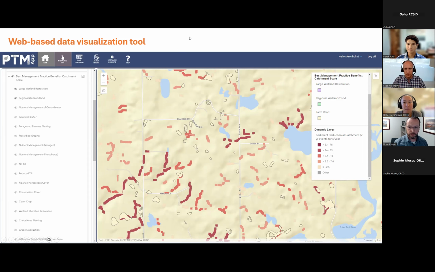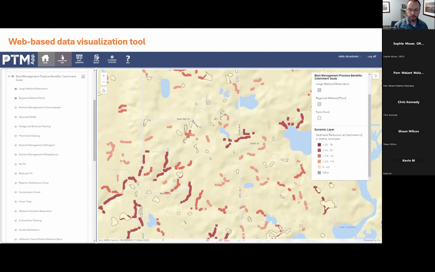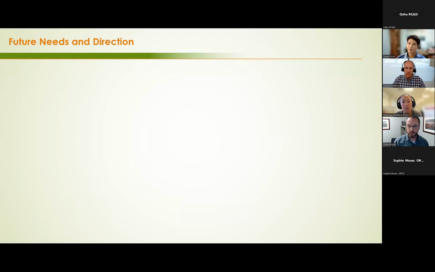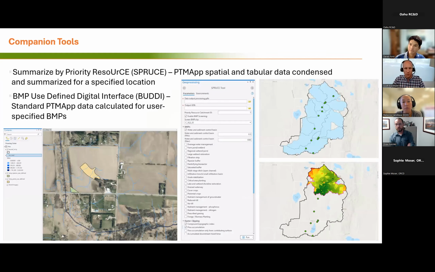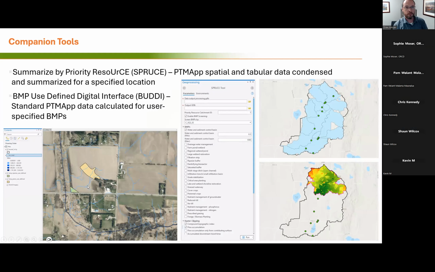And you had mentioned BMPs could be added. Is that right? Yeah. So as long as they align with one of the 24 standard BMP types, you can pretty easily put in your own BMPs. There are other ways if it's not one of those typical 24 BMPs that's part of PTMApp. There are ways around that, so you can implement other BMPs as long as they treat water, sediment, phosphorus, nitrogen in the same way as the BMPs that are already part of